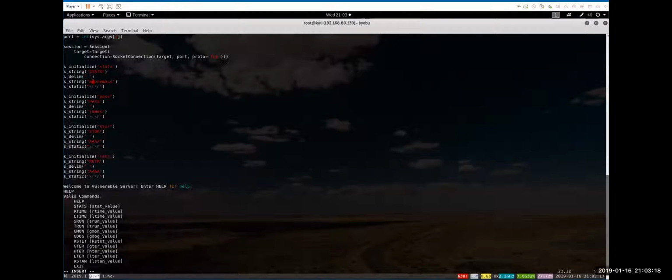So the limiter and then anonymous will be a valid value, 10. And then initialize, the next one will be our time. Maybe time. Yes, and then